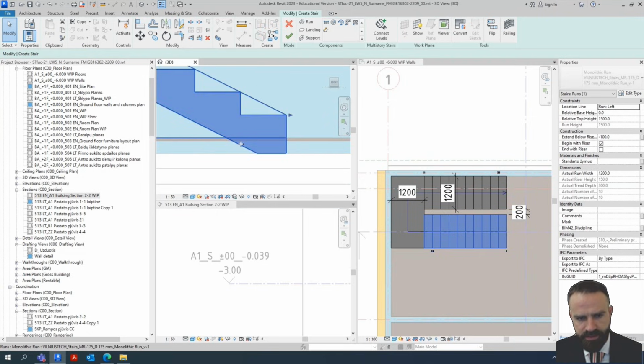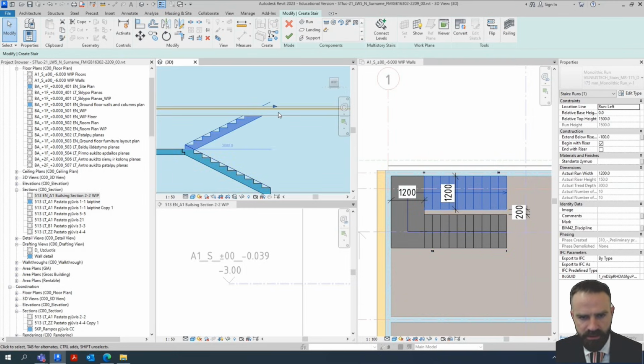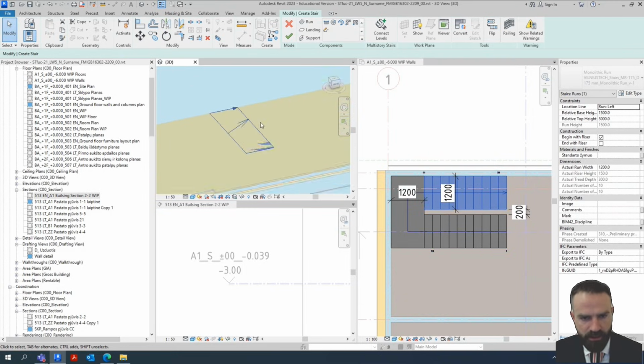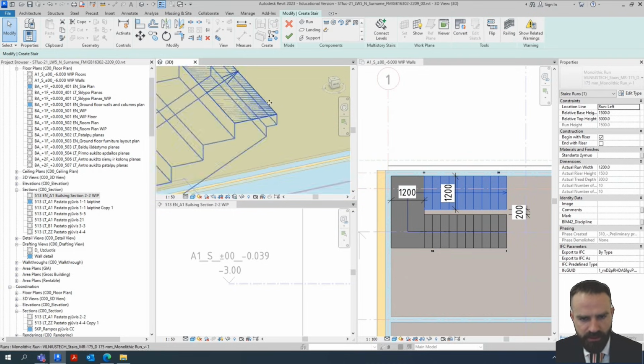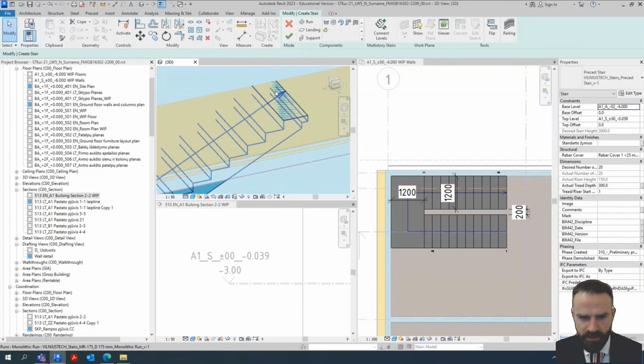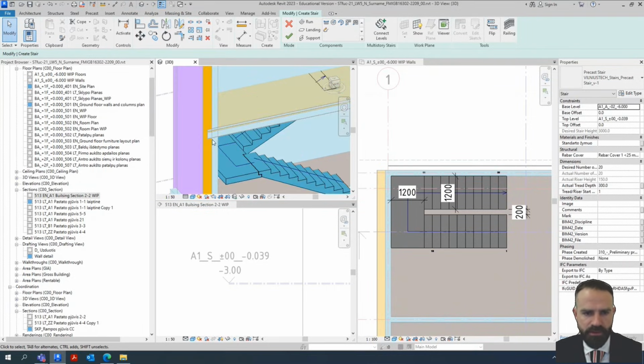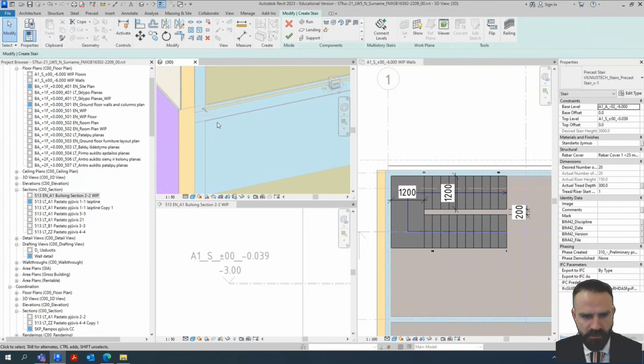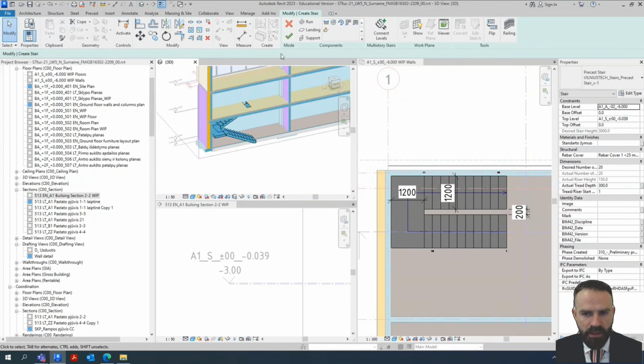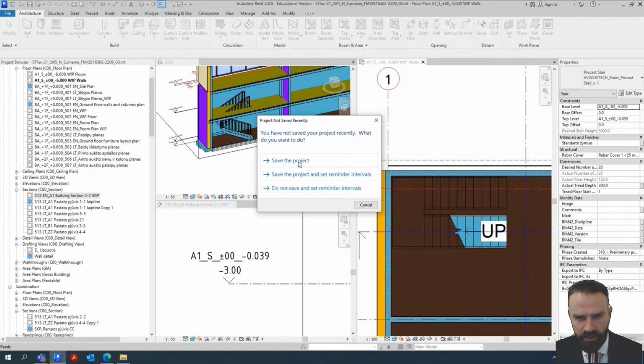So it means now my stairs go inside the floor construction. And in this location, I should create a foundation for my stairs. So I can do it later. Now the top part of stairs are nicely inside my floors. So it means it's created correctly. And I will need to create shaft opening to make opening for my stairs. Now, first modification of the stairs is correctly done, so I can click finish and I can save my project,